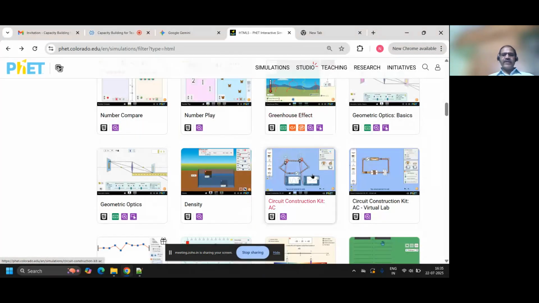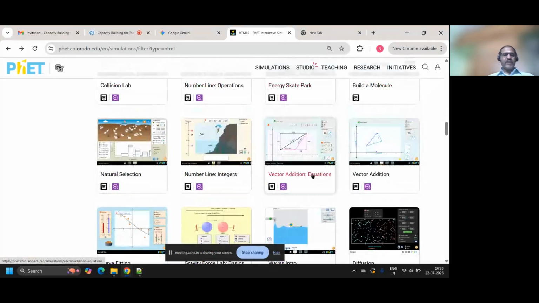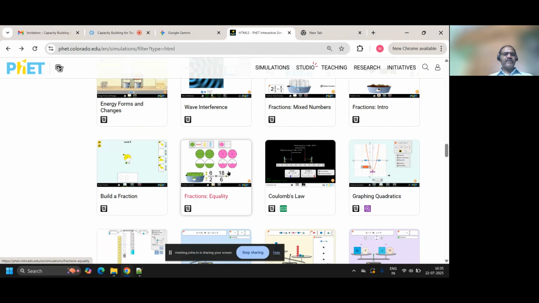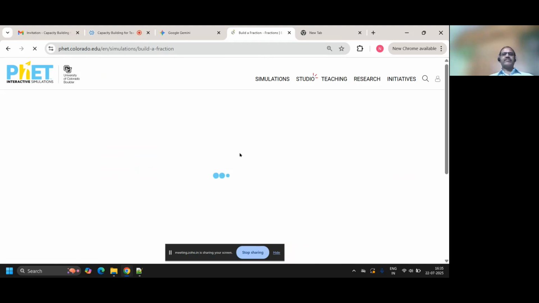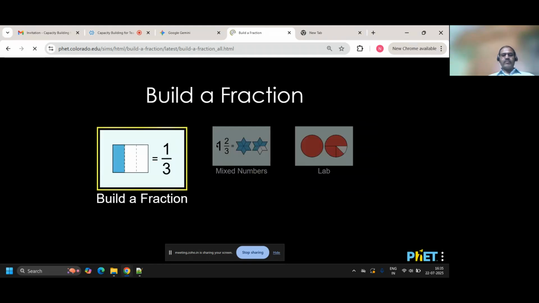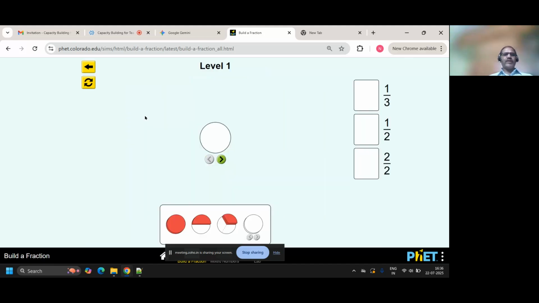This may look very trivial, but even if you go to 4th or 5th or even 6th standard students, if you start teaching something very simple in mathematics, let us say fractions, build a fraction. One of my professors told me, if someone can master fractions, especially dealing with numbers, they can pretty much do anything in mathematics. So let us take the very simplest level, level 1.